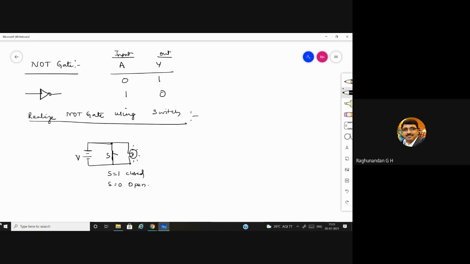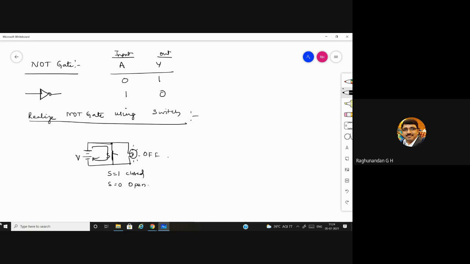Which path is it going to choose? The switch. Why the switch? Switch offers least resistance. So obviously the current is going to flow through the switch instead of flowing through the bulb. So even though the switch is closed, even though supply is on, the bulb will be off.